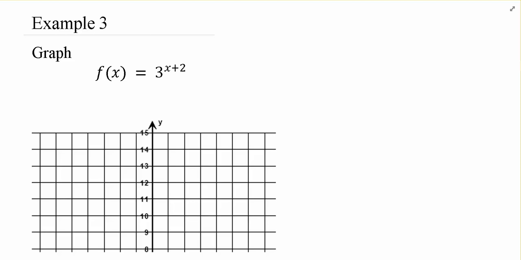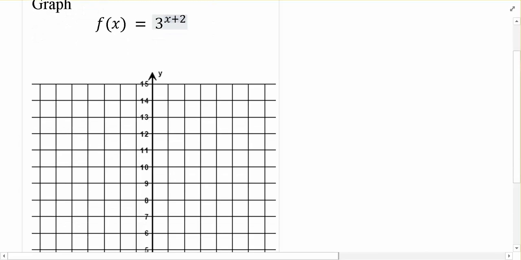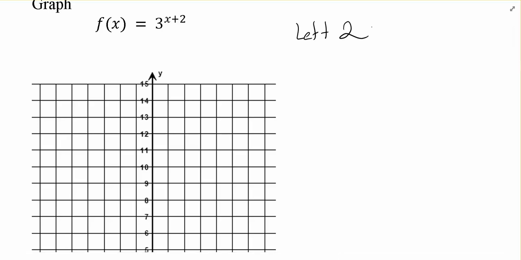So now let's look at a shift. In this graph, we're supposed to be graphing 3 to the x plus 2. That plus 2 is directly next to the x, meaning the shift is to the left 2 units. So what I want you to do when you're faced with a shift like this is I want you to